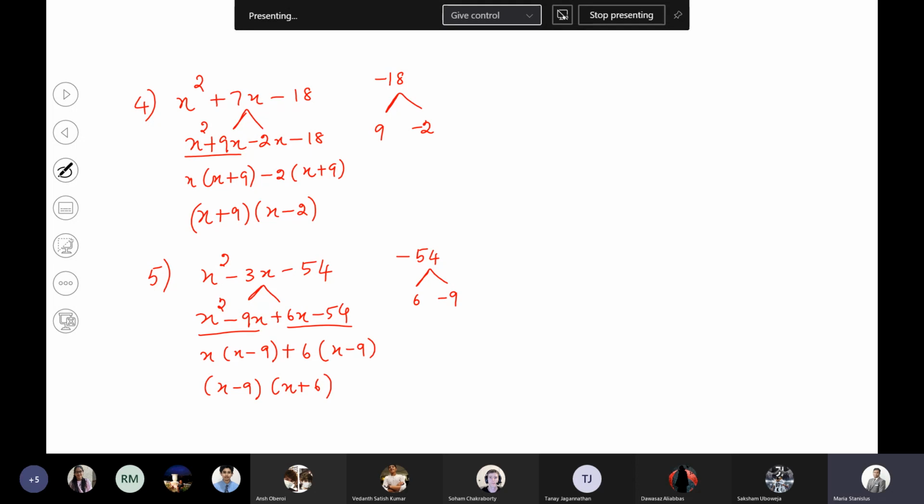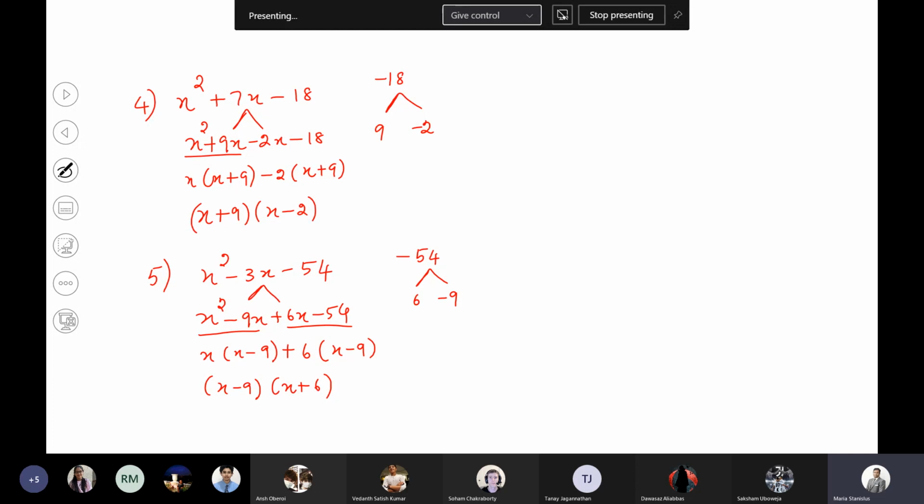Okay. Now, question is if the leading term has got a coefficient, what do I do? Yeah, it will be one and the other number. That's all. Okay. Now, what we need to do is when you have questions like this, when there is